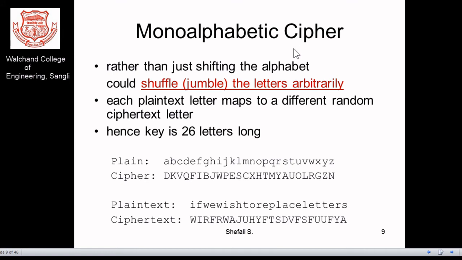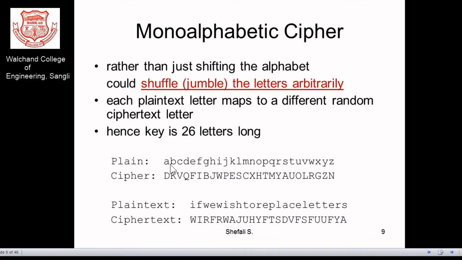What is different here from the Caesar cipher? In case of your Caesar cipher, you kept the key as a fixed one. By default, though it's a 3, you can say that there is a shift of either 0 or 1 or 2 or up to 26. It means the shift size is the fixed one. But now rather than having a fixed shift, you may have different shifts for each and every letter. So you need to have certain shuffling or jumbling of the letters, which is actually in an arbitrary manner. So the plain text letters map to different random ciphertext letters.